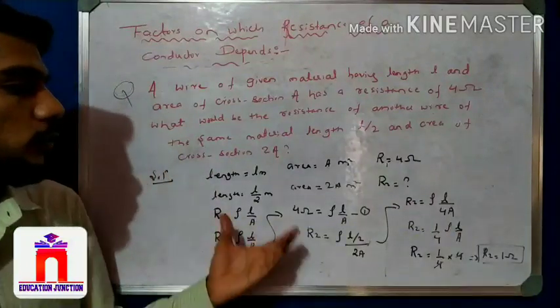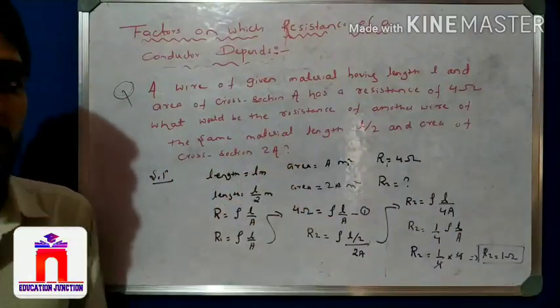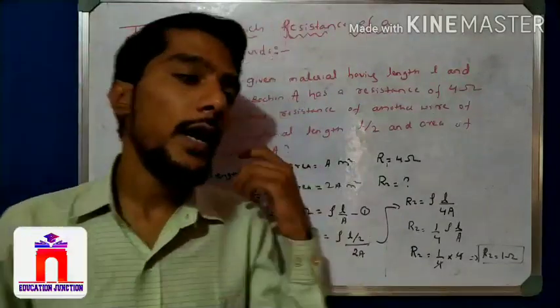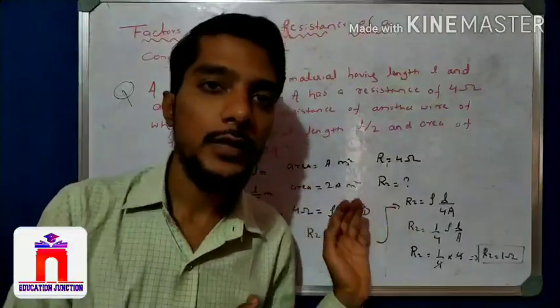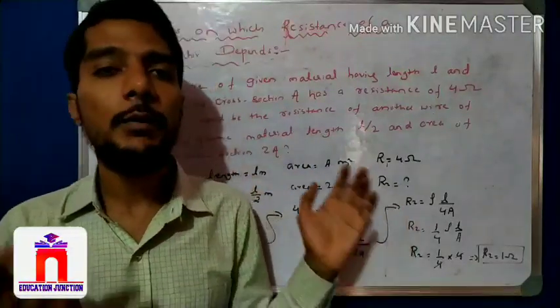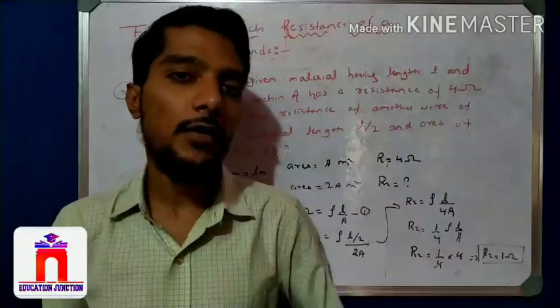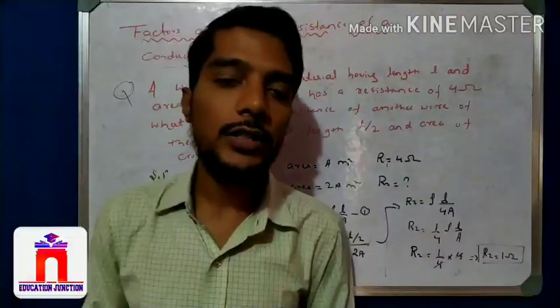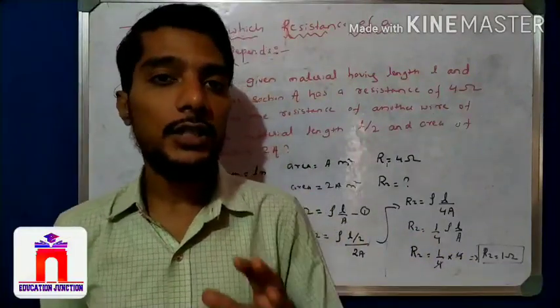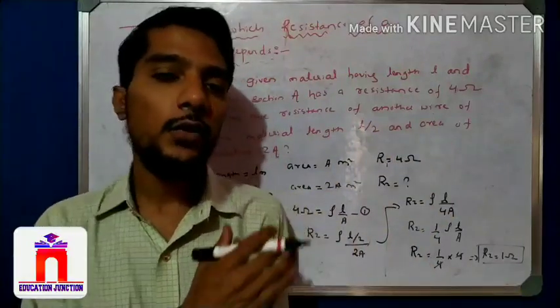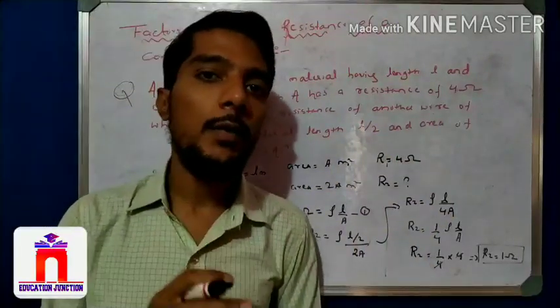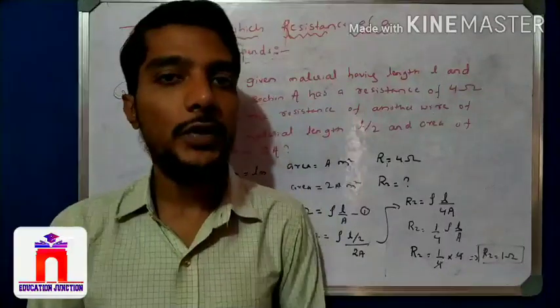So this is, students, all about the very important concept of resistivity, and how you can use this formula to solve numericals. This is one sample. In next videos we can make separate videos on numericals, after completion of this chapter. For this concept, the factors on which the resistance of a conductor depends, we finish here. We get the new formula, R is equal to rho L by A, where rho is the resistivity, the resistivity constant.